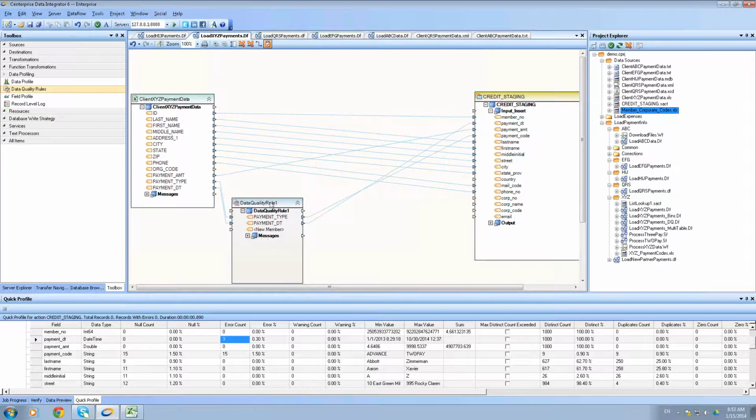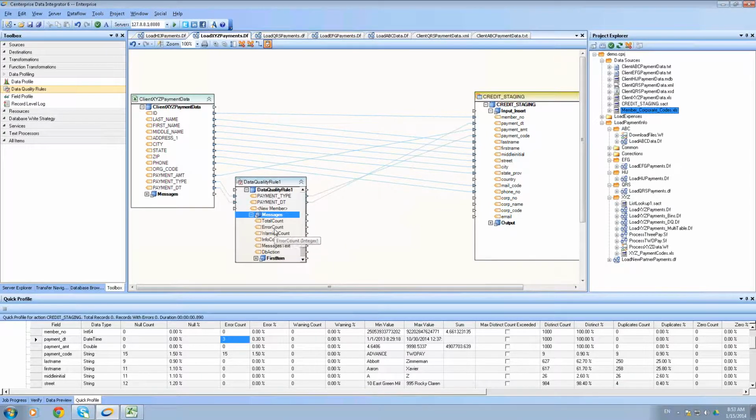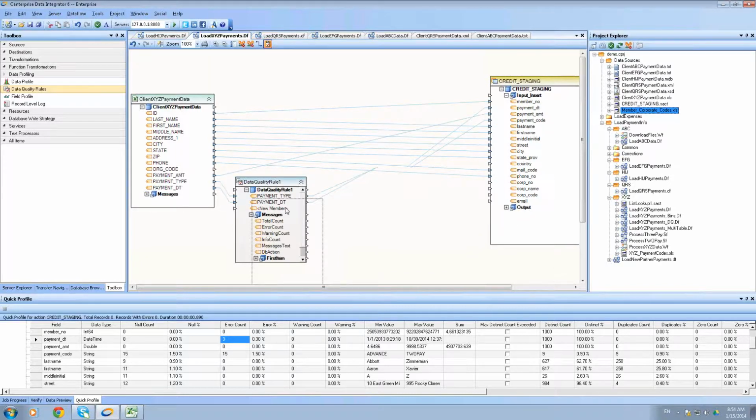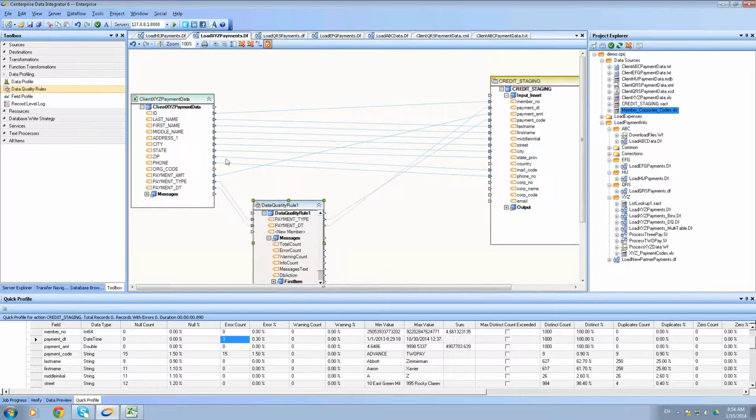So if I push this button here, you'll see that I instantly get a new node in the tree, and this is the messages node. The messages node contains a lot of useful information, such as how many errors we encountered and what particular error message we got. So for example, what we can do here is we can route records depending on